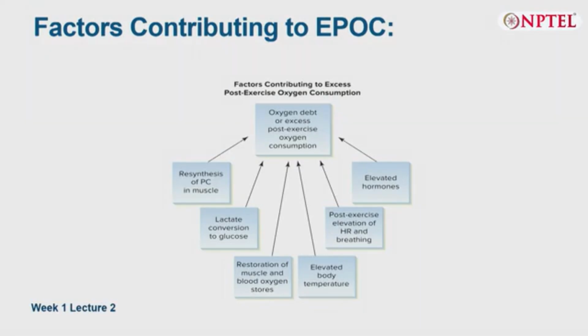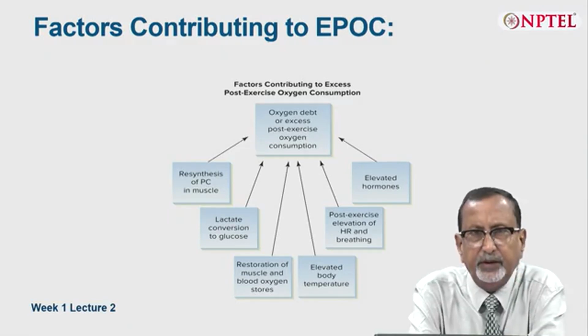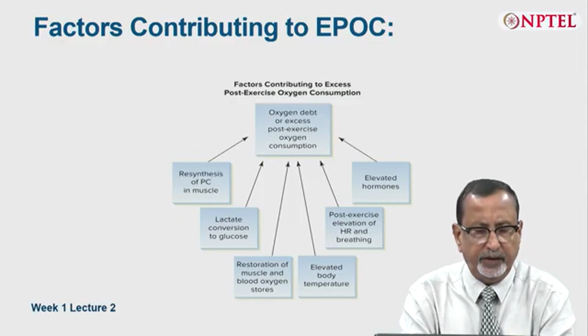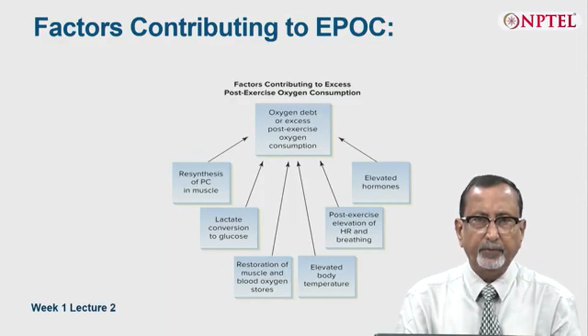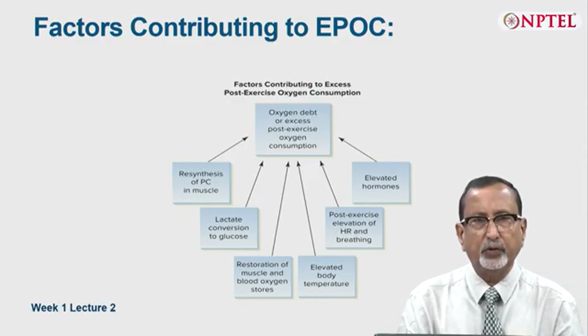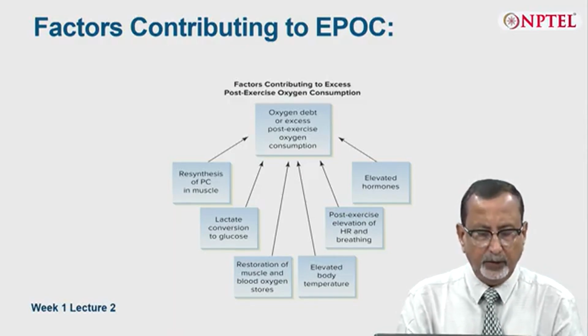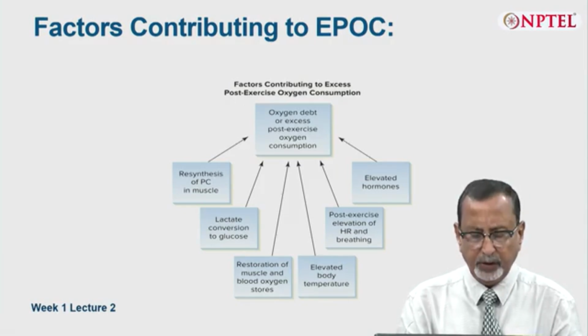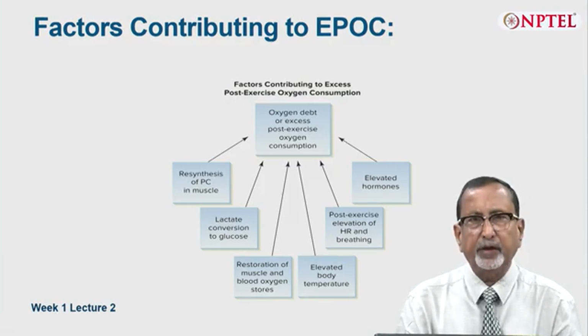The oxygen debt or excess post oxygen consumption is influenced, number one, by resynthesis of phosphocreatine in muscle. The second thing is lactate conversion to glucose, oxidation of lactate, then restoration of muscle and blood oxygen stores,